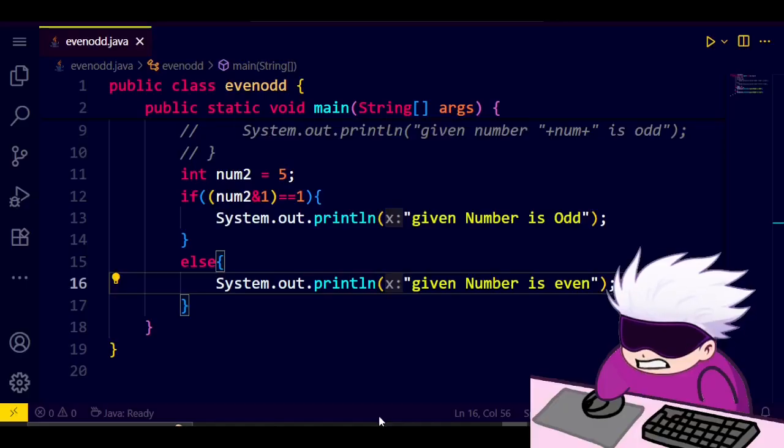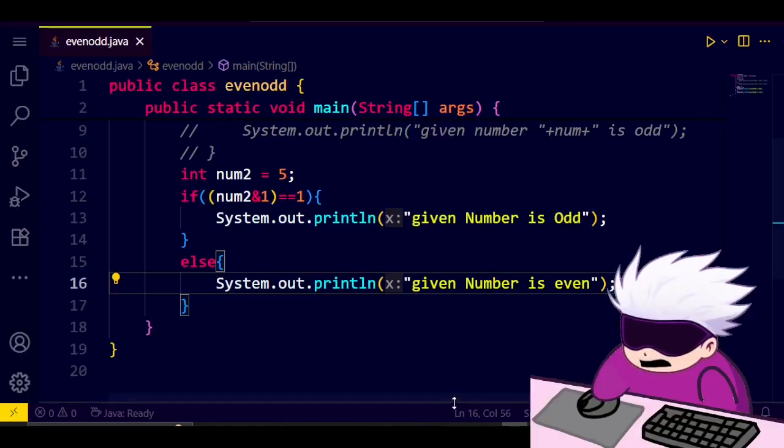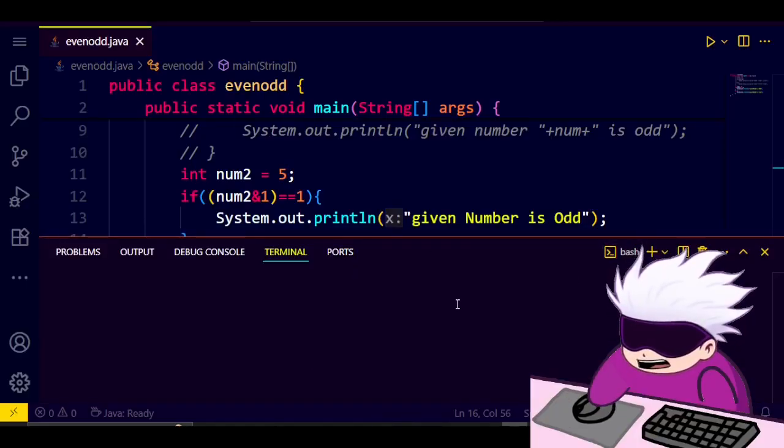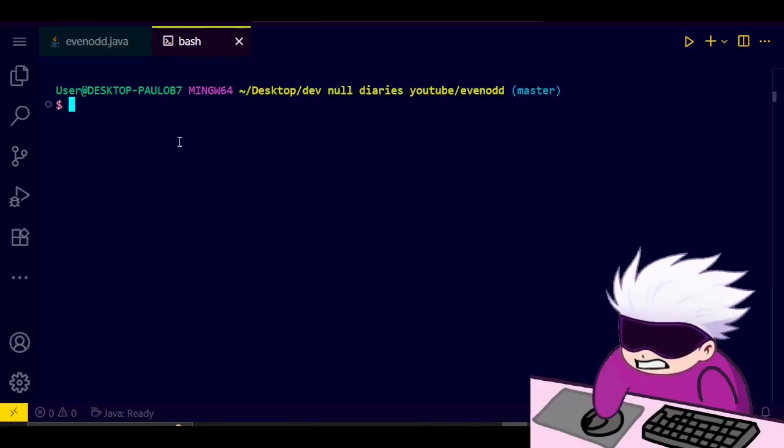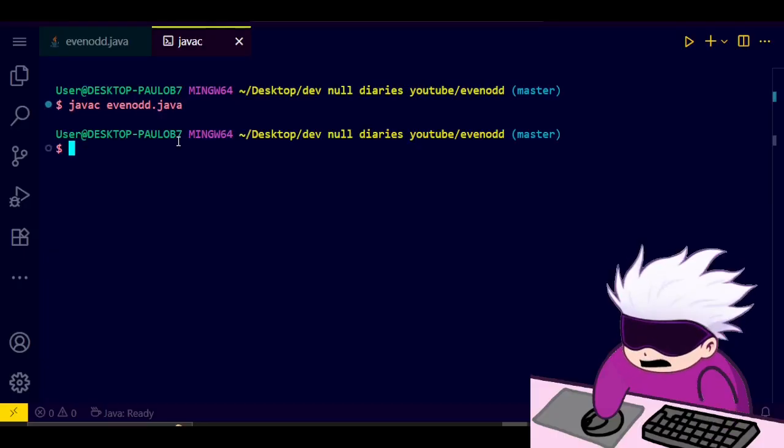So let me first open my compiler. We have Git Bash. I simply maximize the window and compile first: javac Even or Odd dot java. Let's run the program.